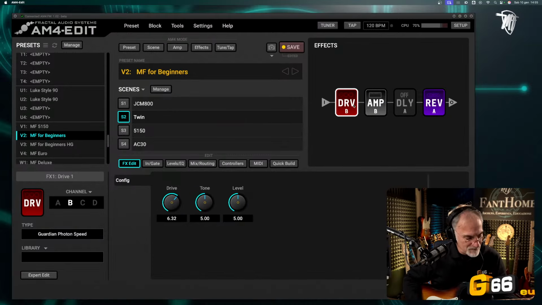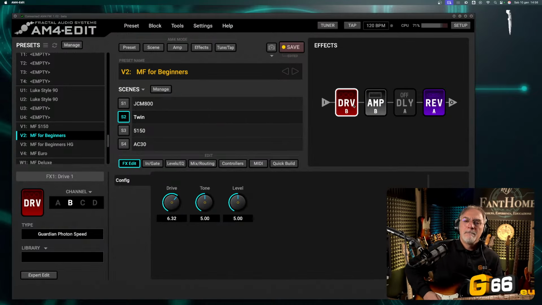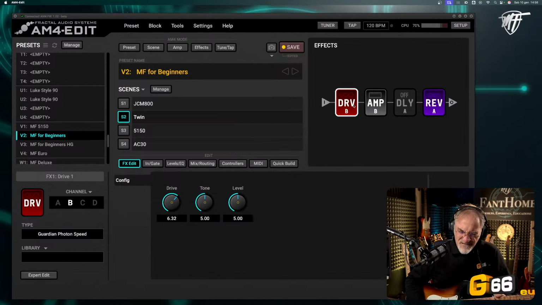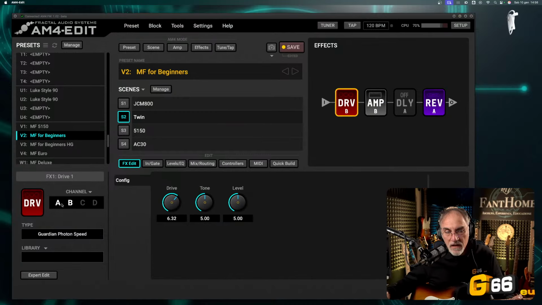Of course, you can change it to the Tube Screamer.